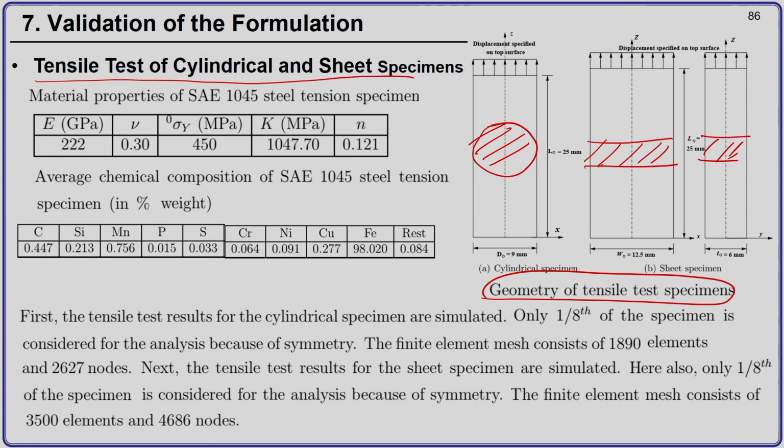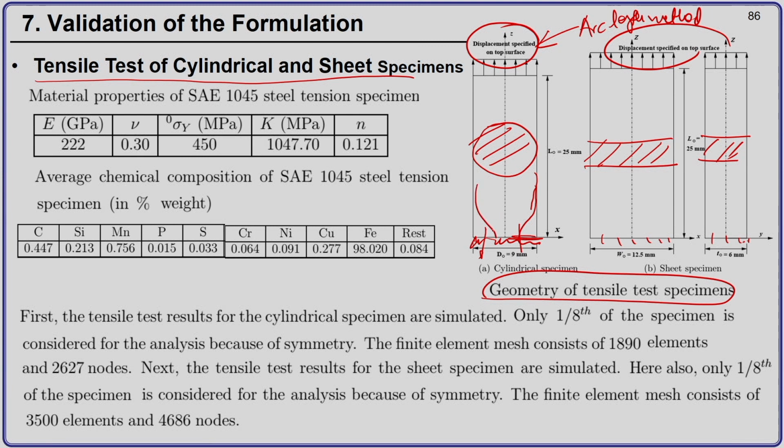And this is a cylindrical specimen. What we do is we apply displacement at the top surface, and at the bottom we keep this fixed in the normal direction. It can move in the tangential direction. Here also we keep it fixed in the normal direction, it cannot go in the z direction. And then because there are no external forces, I have to apply what is called the arc length method. So, here I will use the arc length method because I expect that after some time there will be necking which will happen here.